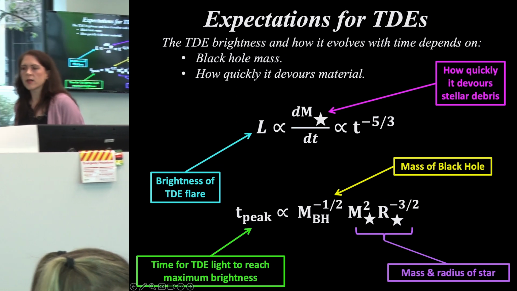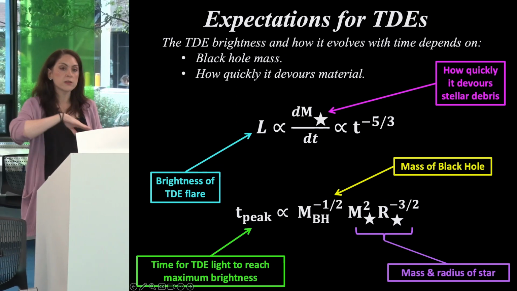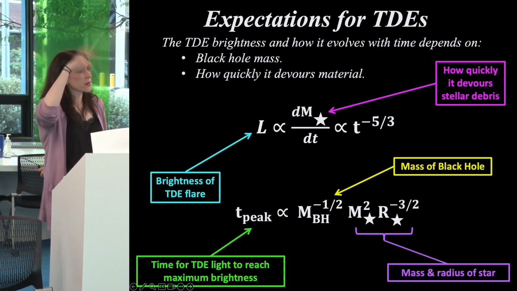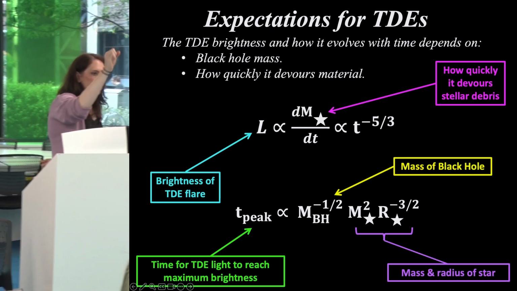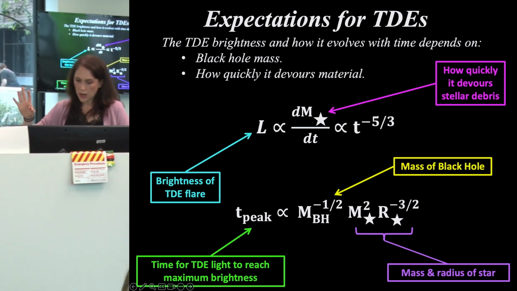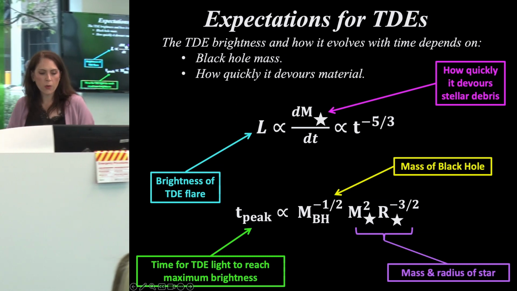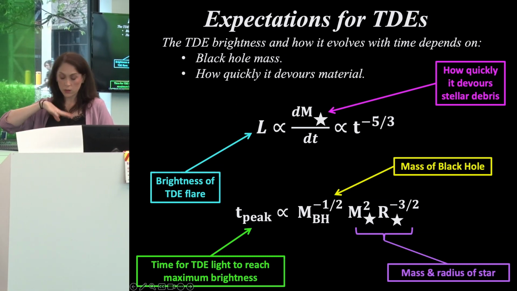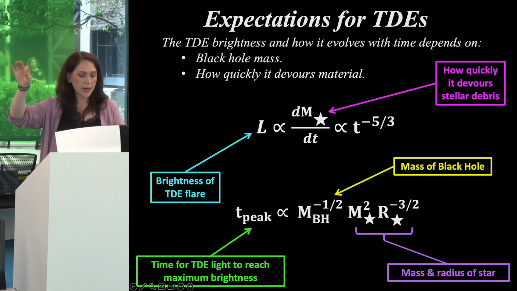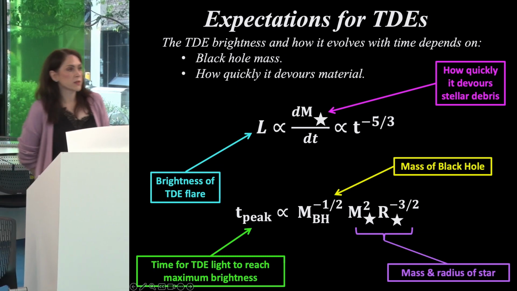But what about how quickly it rises to peak? Because usually, if we're lucky enough, we can catch it as it's slowly eating, before it gets to the crescendo of its devouring the star. What about the source rising to peak maximum brightness? Well, the time it takes for the luminosity to reach its maximum brightness is actually very sensitive to the black hole mass and the properties of the star that is